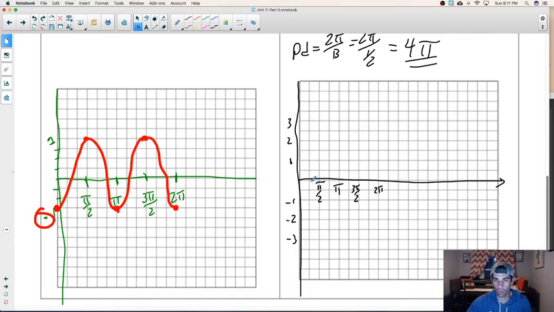Okay, and then what was that? 1, 2, 3, 4, 5, 6, 7, 8, right? So then there's going to be 4 pi, and then where's 3 pi? All right, so basically from 0 to 2 pi was 8 spaces, so each 1, 2, 3, 4 was a pi, 1, 2, 3, 4, 2 pi, 1, 2, 3, 4, that's 3 pi, 1, 2, 3, 4, there's 4 pi. All right, so let's complete one cycle